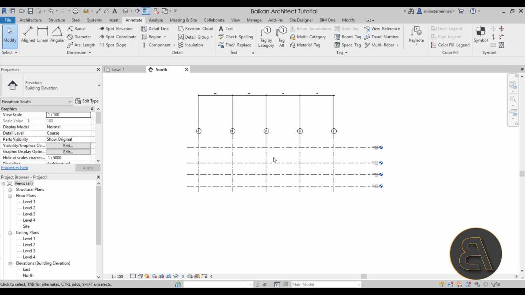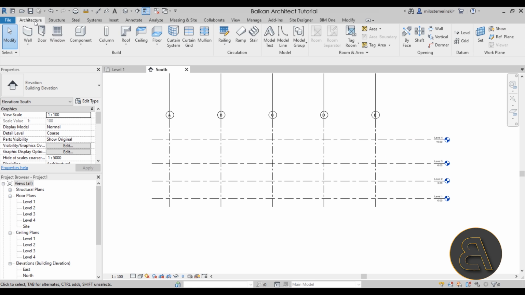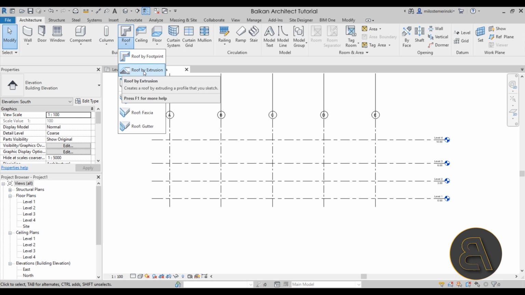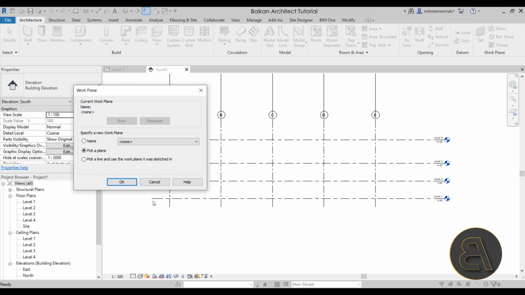So modeling this is going to be done using the Roof tool. So if you go here to the Architecture tab, I'm going to go to the Roof tool, open up the drop menu, and the best option for this is Roof by Extrusion. Now, when you click on that button here, you have to specify the work plane on which we're going to be creating this extrusion. Now, I suggest you go by name and then pick the grid number 1, so that's